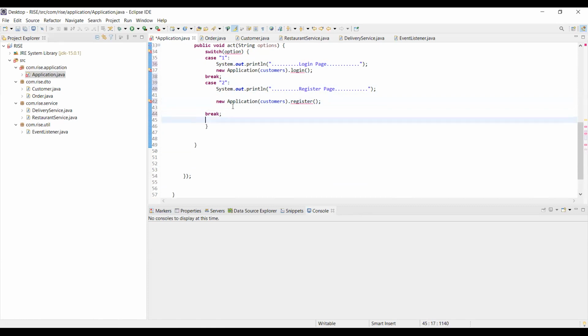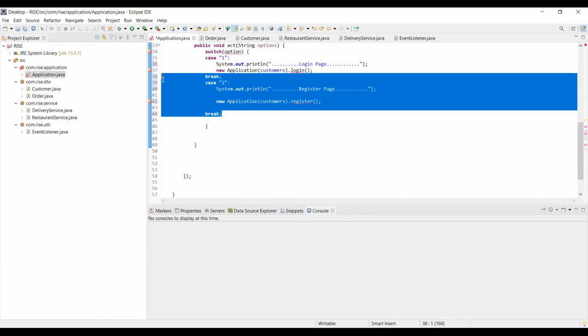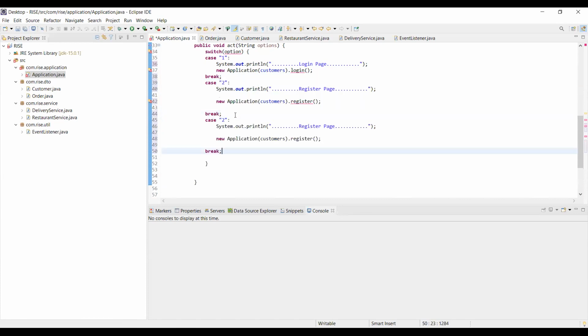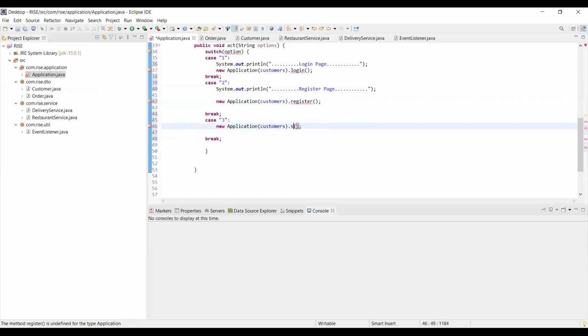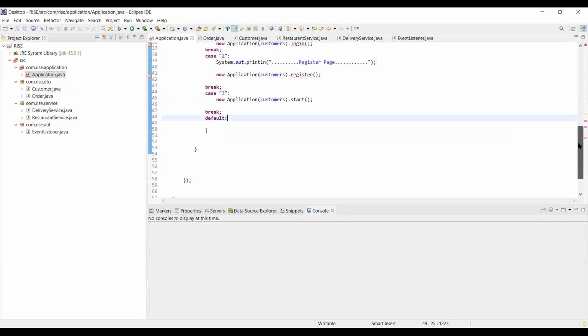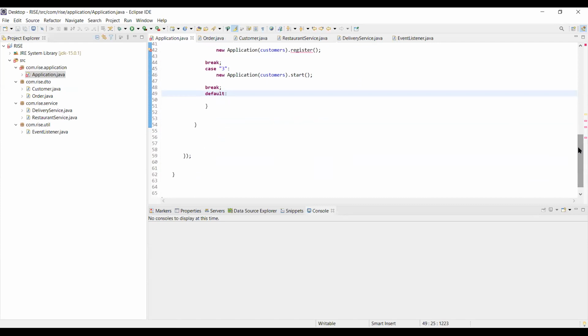Done. So are we going to stop here? No, we'll just add one more thing. We'll just go in for option number 3. So that is going to just have new application. Start. All right. So we are just passing the customers back, and then we are having a new application. Then we have the default, nothing. We'll just leave it. All right. So here we have the default action, and then we have